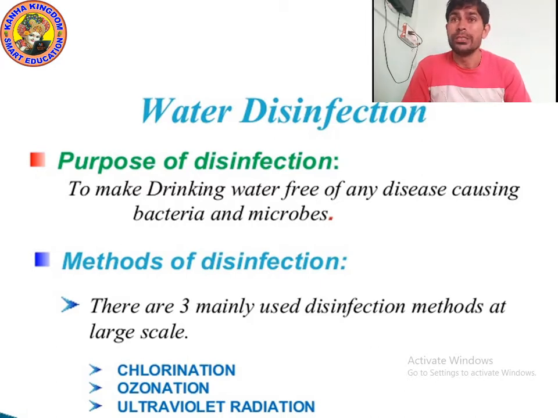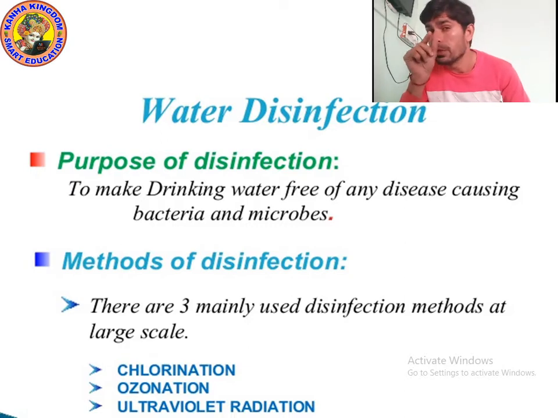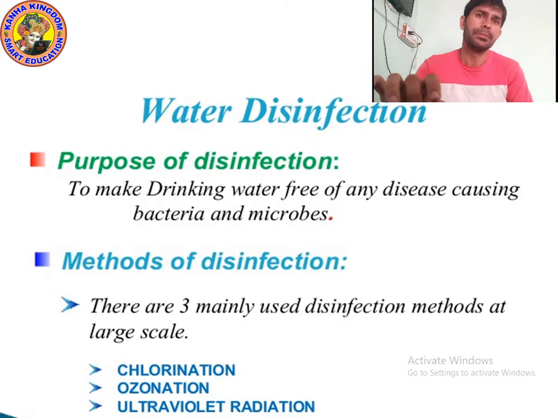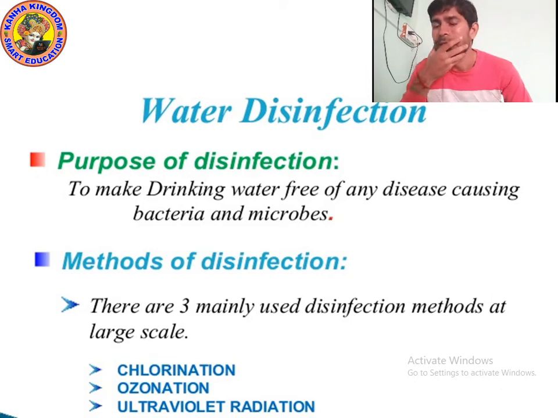The addition of a small amount of chlorine is highly effective against most bacteria, viruses, and protozoa. So that's why this method is very good. And chlorine is used in three forms. It is used in the form of hypochlorite solution, which is actually bleach, in the form of chlorine gas, and in the form of dry calcium hypochlorite, which is actually, you can say, a tablet.